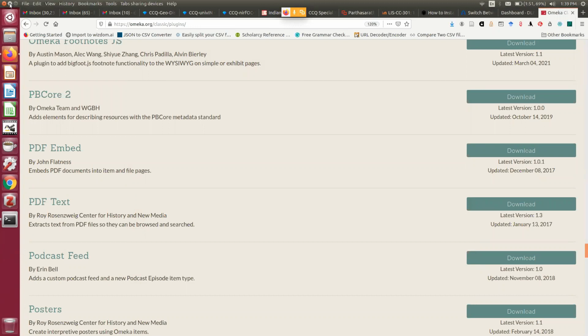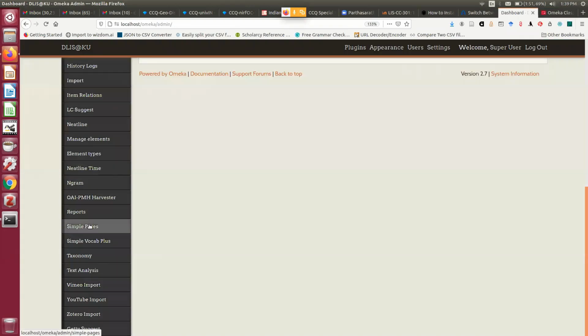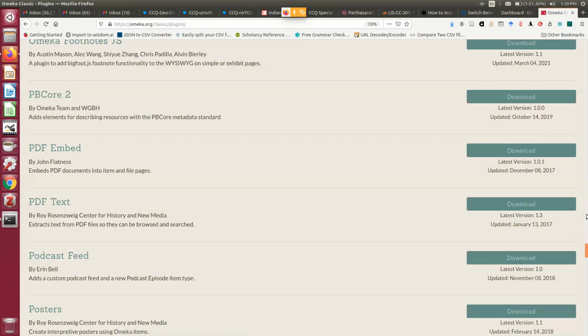Now, you can see I do not have PV Core. So this is all alphabetical. So I do not take M, N, O, nothing is with P. So PDF Embed and PV Core, both I do not have. And VRA Core, I don't have. So I am going for VRA Core also.